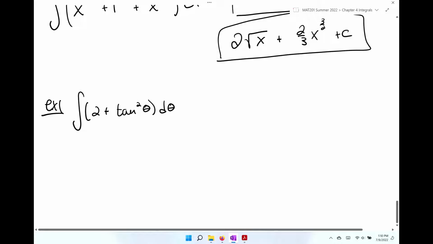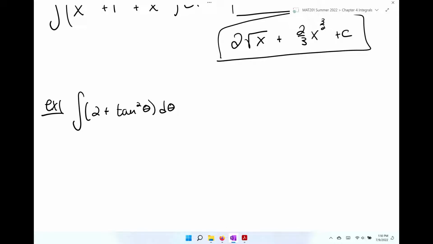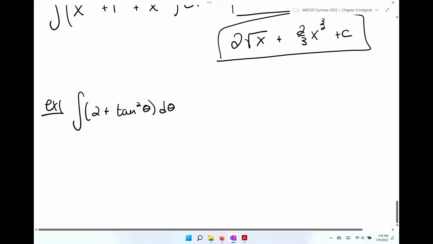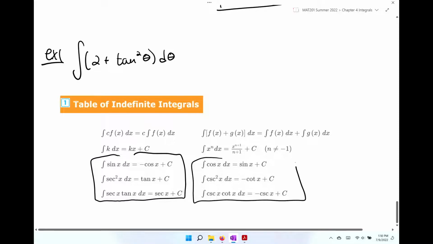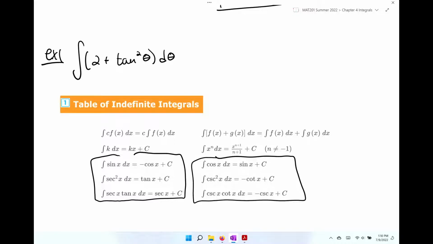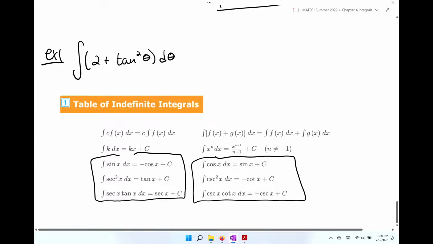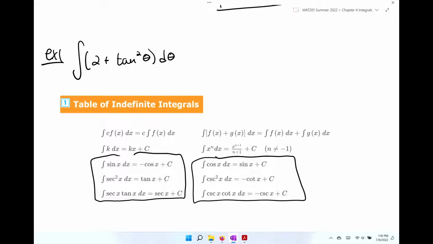All right, now if we look at the integral of 2 plus tangent squared theta d theta, here's the problem. Hopefully I still have it copy and pasted. Yeah, there we go. So notice in our little rules, especially down here and down here, there's no tangent squared theta. So the question now becomes, can you still integrate tangent squared theta? And the answer to that question is absolutely. What you need to be able to do, though, is think about all those trigonometric identities that we learned a long time ago. So if we go back into,